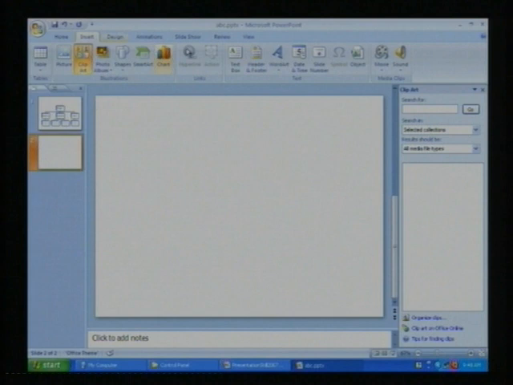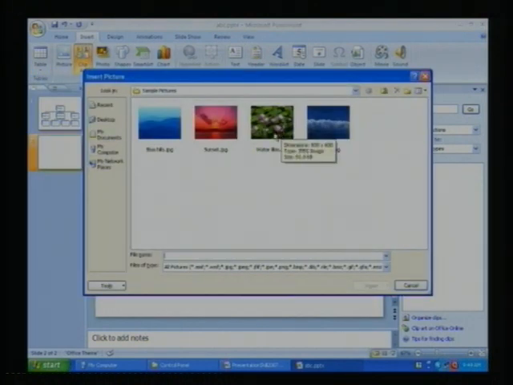Now in the Insert menu, the next is the text box. If you want to put text anywhere in your slide, assume that we are creating a visual presentation in which images are there. On those images, I have to display appropriate messages. For that you can use a text box. First of all, we insert an image, a picture. I'm selecting a picture.